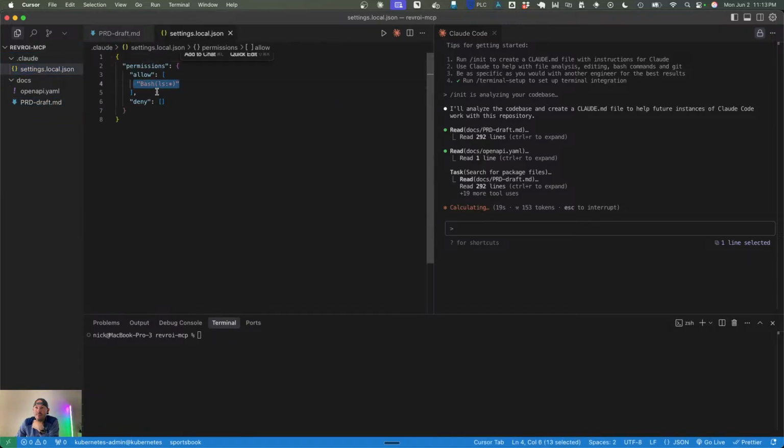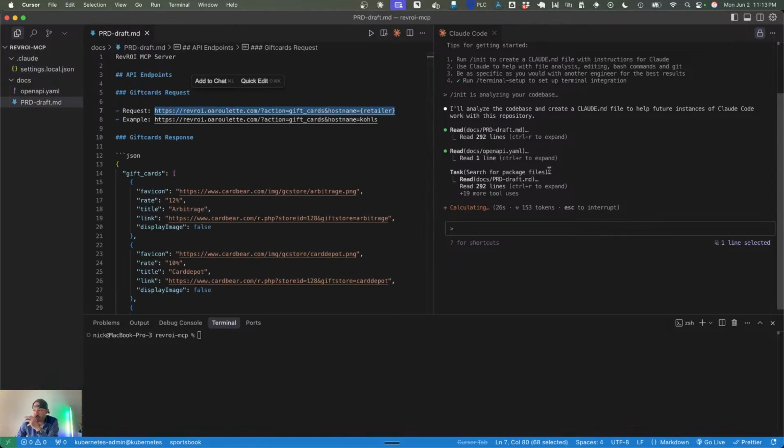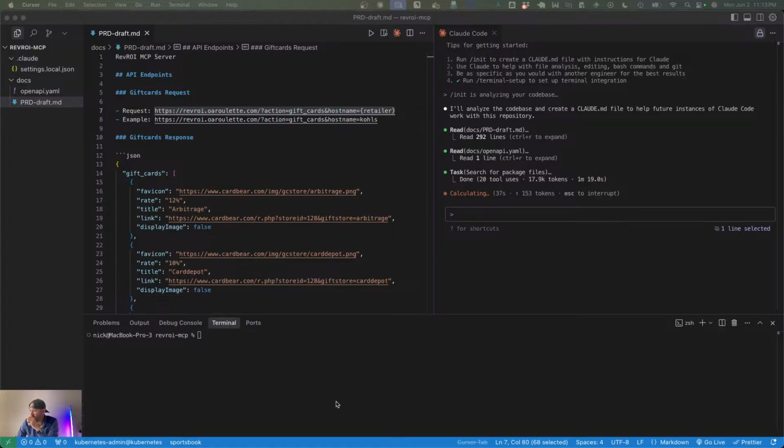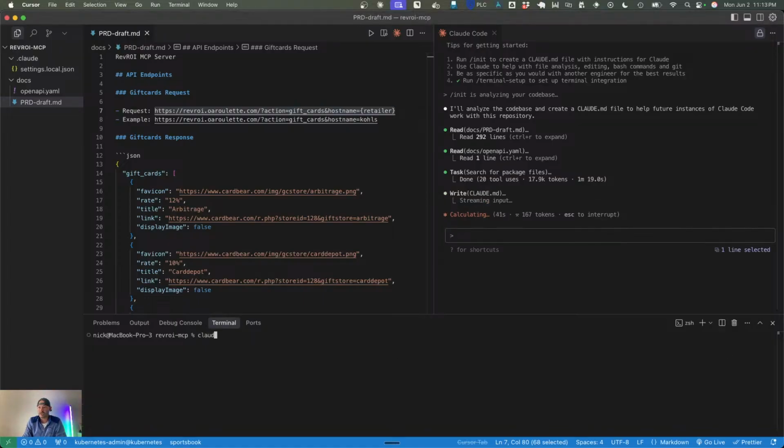All right, well, I gave it permission to run listing commands within the terminal here, or bash terminal. And it's going to maintain that as it goes. Okay, so this will continue to do its thing. What we're going to do here in the meantime is, let's go ahead and take a look at another Claude session just so we can get familiar